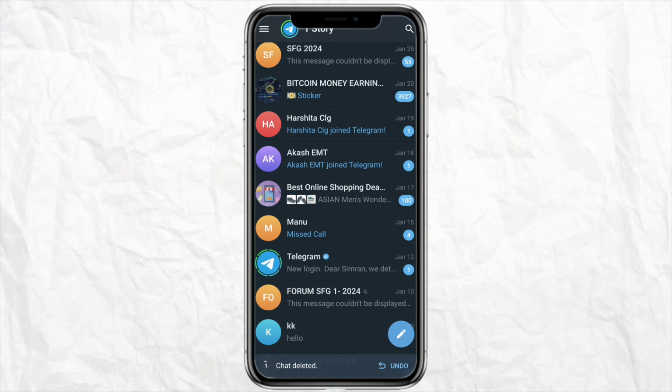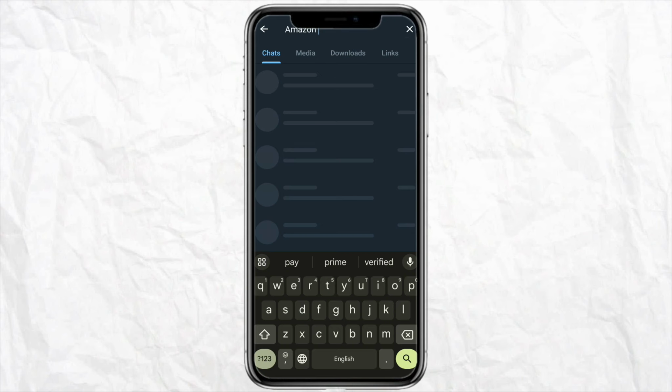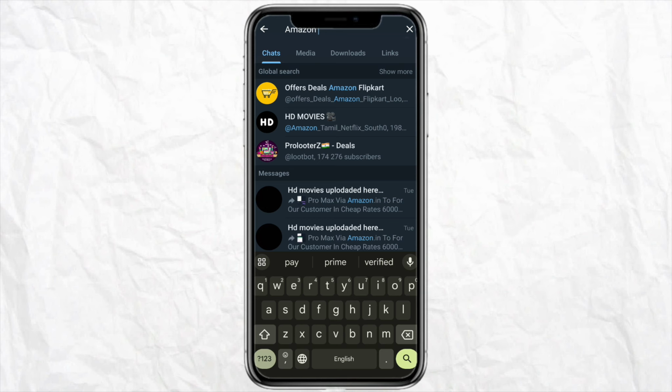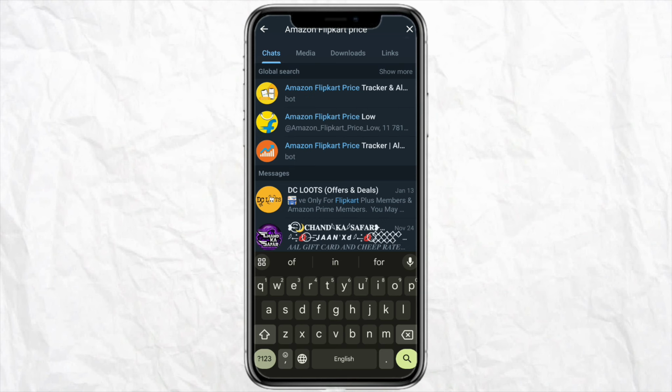And after that, in order to recover that particular account, all you have to do is just click on the search icon from the top right and search for the same channel that you have just deleted. And as you can see that the channel that I just deleted, it is showing right above the search bar. So just click on that particular channel